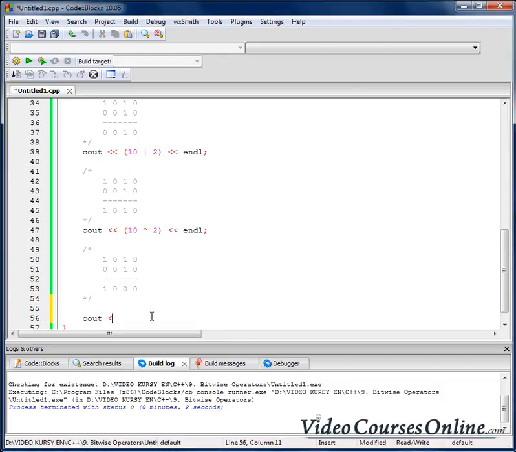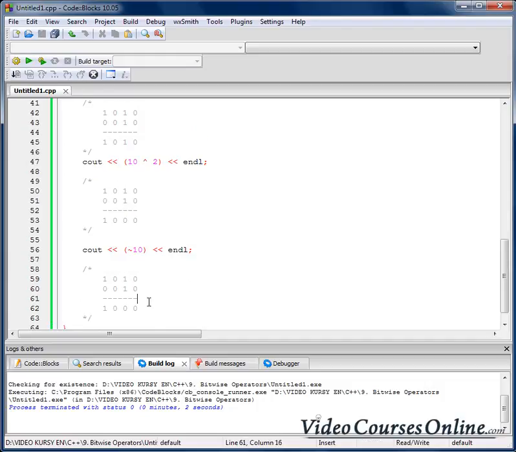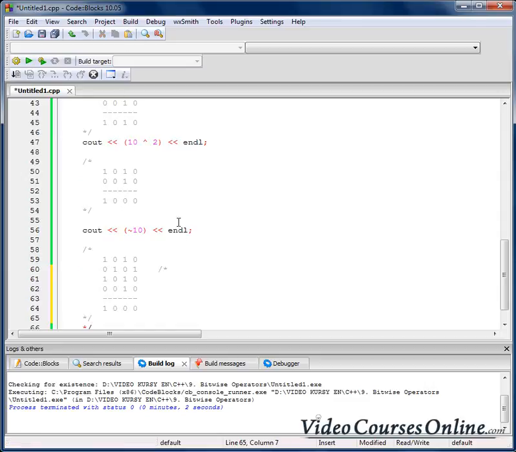Now let's check the negation, the bitwise NOT operator. For example, let's do 10 and now something like that. And now 1010 should change to 0101. And you might be thinking that the result is what? 1 plus 4 is 5. But the result is